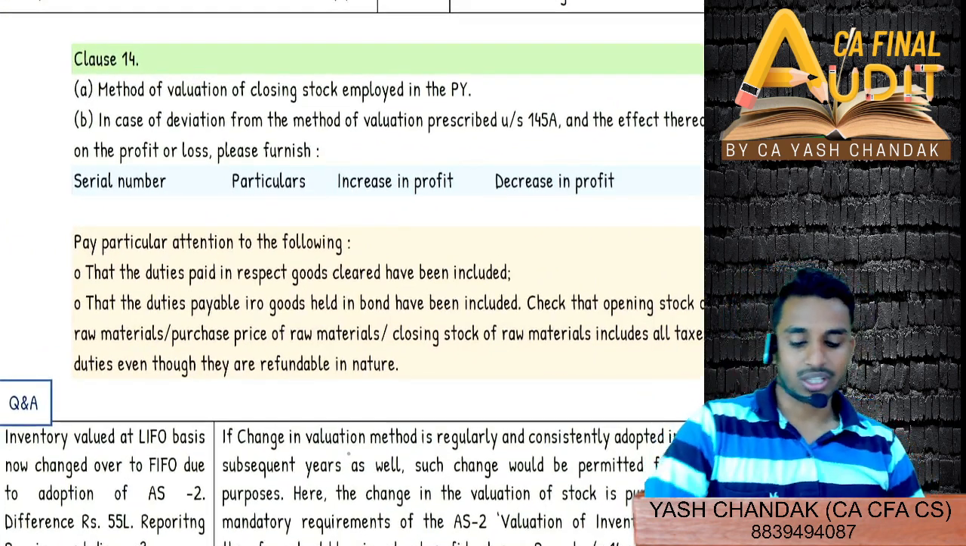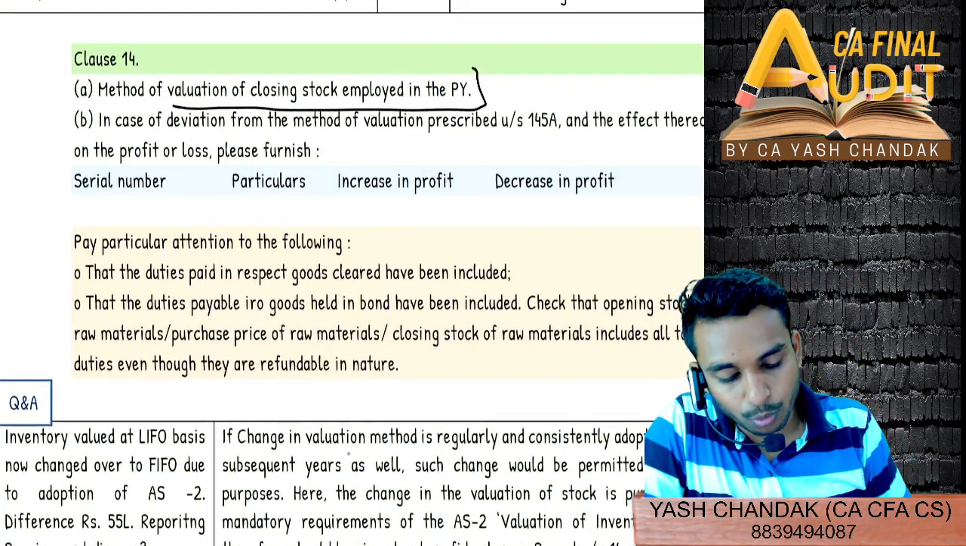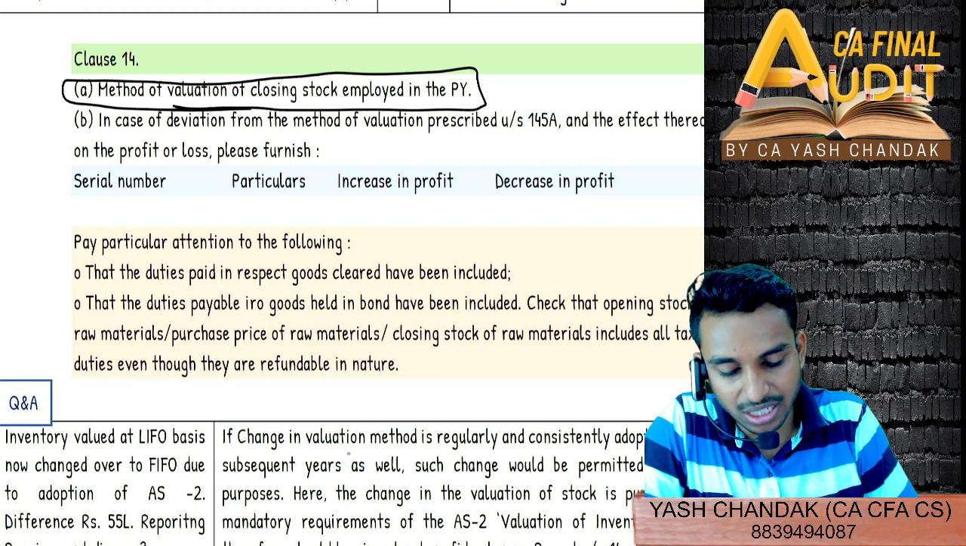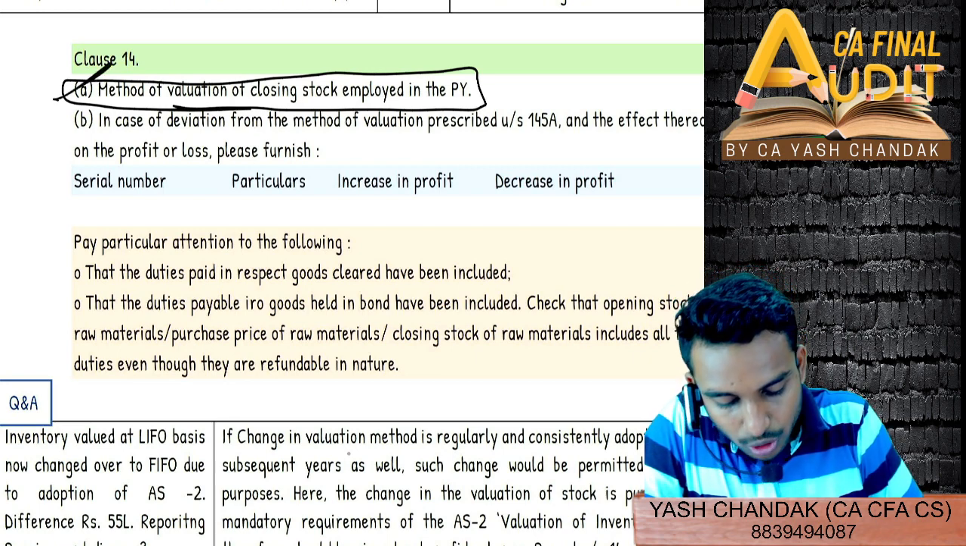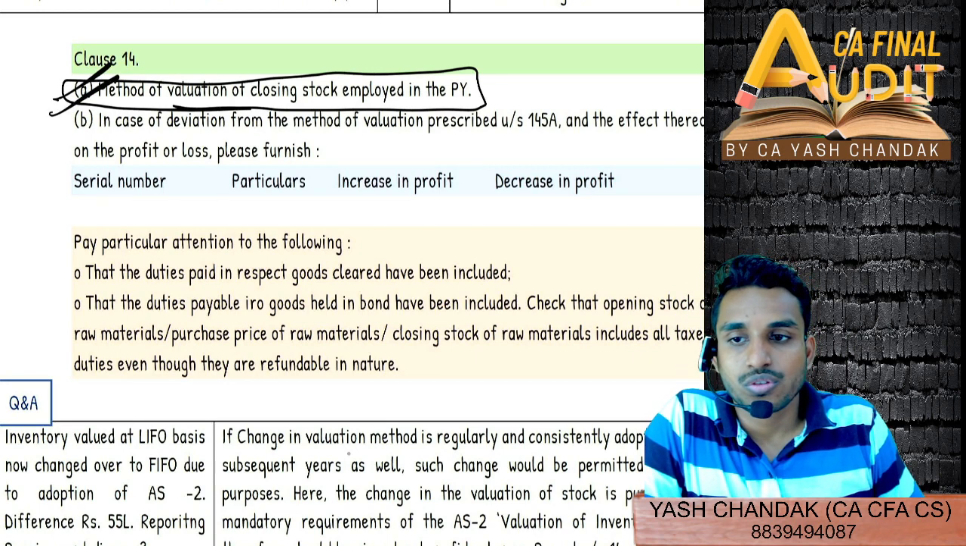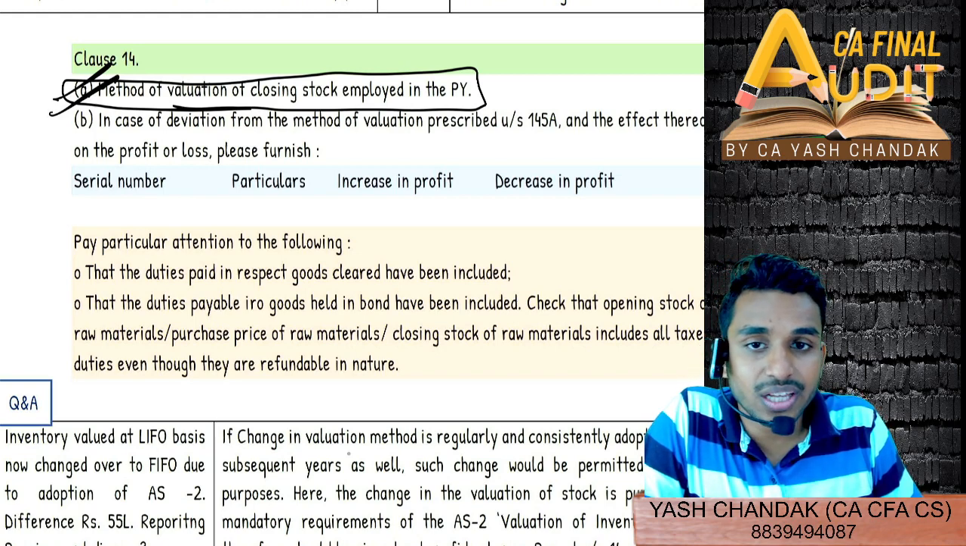So now comes clause 14. Method of valuation of closing stock employed in the previous year. Here you have to specifically mention the method of valuation of closing stock. So there might be a case where,